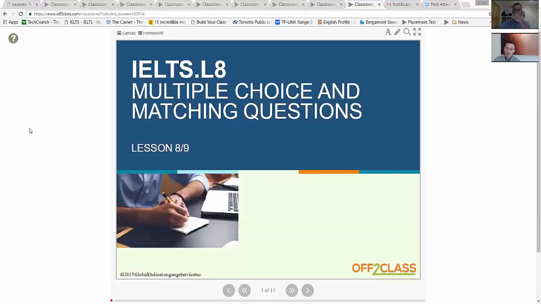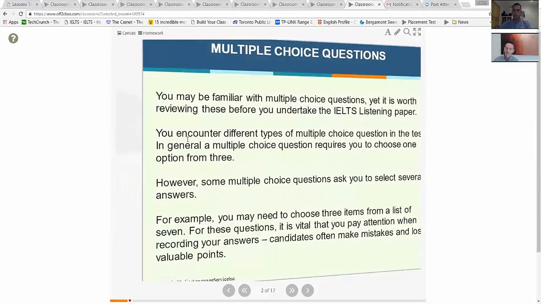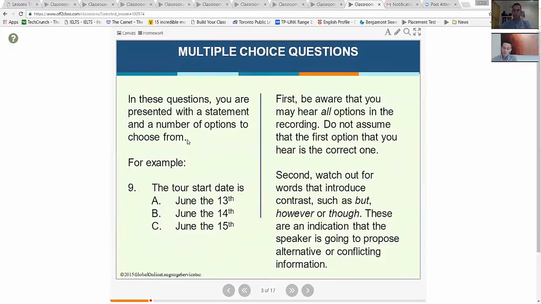Now, most students from the very beginning of their ESL career, if you like, have always encountered multiple choice questions. They're very familiar to the student. However, IELTS does use them in a very different way, or in a very challenging way, because what IELTS does is, as you go through the recording, IELTS is very clever. The recording will often repeat all of these at some point in the recording, and it is the candidate's job to work out what is correct and what is incorrect, so that they will select the